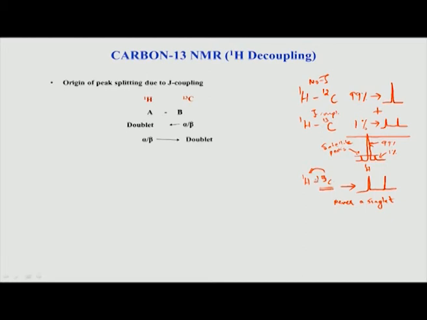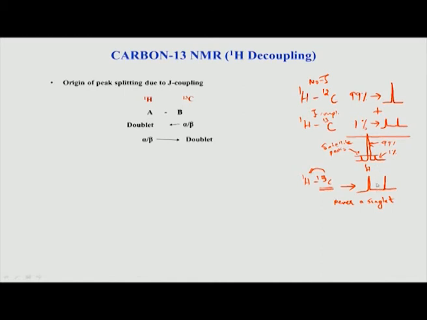But not in the case of carbon. When you look at the carbon spectrum, it is always attached to hydrogen, right, because C12 can never be observed in NMR. So, therefore, in the case of C13 it is always a doublet, never a singlet. So, if I want to get a singlet, a peak like this, then I have to remove this J interaction. Only if I remove this J interaction will I get a nice peak in the center.